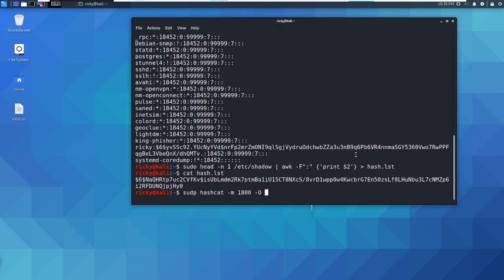Okay, then minus a. Minus a is which attack you are using. You are using a dictionary attack, or any normal list attack, or any hybrid attack. So 0 is dictionary attack, and then we are outputting our cracked password into some file, crack.txt. So I am outputting that cracked password into our crack.txt file in the same location wherever I am working.